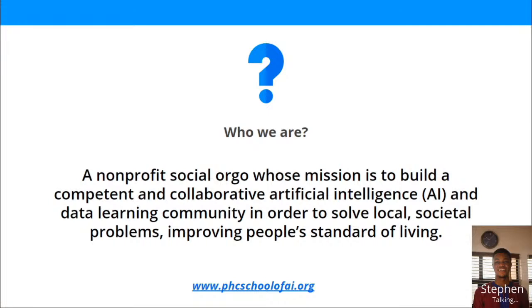So we want to see how, as a community, we can make sure that knowledge sharing is distributed, and resources amongst people who have more and people who don't have are fairly distributed. So more of a community learning type of strategy, seeing how we can build competency in people through mentorship, through resource sharing, through financial support, through whatever support can help people get competent, and making sure that it's not just competency they are seeking, but they are seeking it in a collaborative way. So they are able to work with people in the community to achieve projects, work on goals, and improve their standard of living, solve problems pretty much.